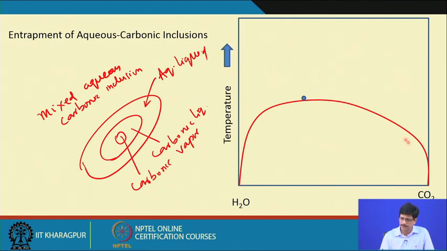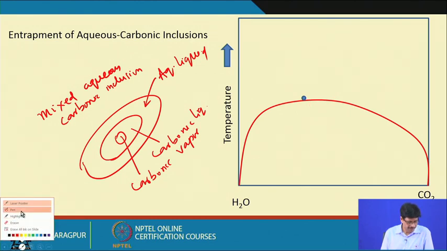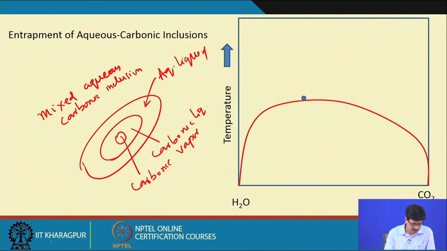This curve is, as we all know, something which you can call a solvus. So, solvus means it separates the fields where it will be a one phase